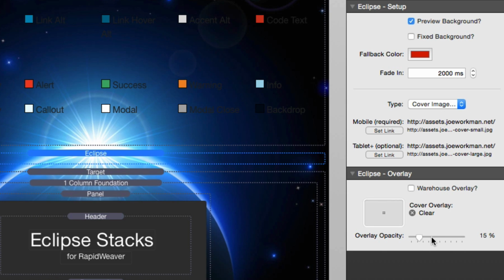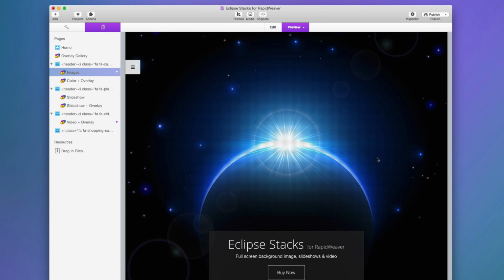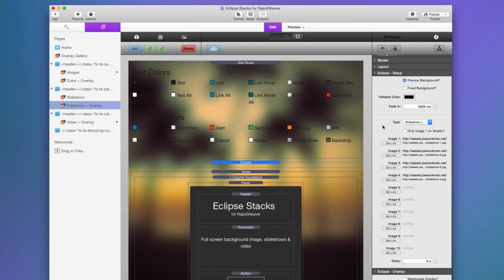So if a particular overlay is very harsh, you can make it a lot more subtle by simply toning down the opacity. And as you see, it really couldn't be simpler to make your web pages pop. Now, configuring slideshows with Eclipse is very easy. You simply need to choose the background type of slideshow warehouse. And then you'll see that we have 10 image links that we can then choose 10 different warehoused images to